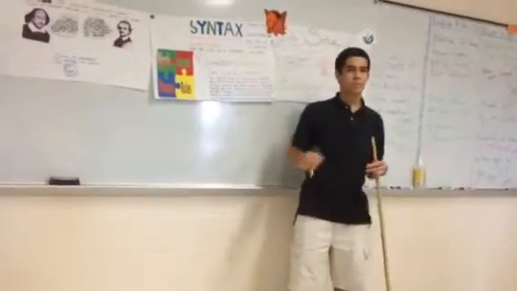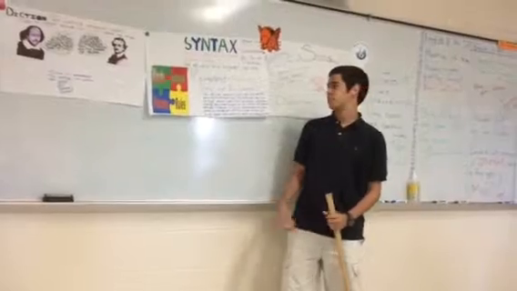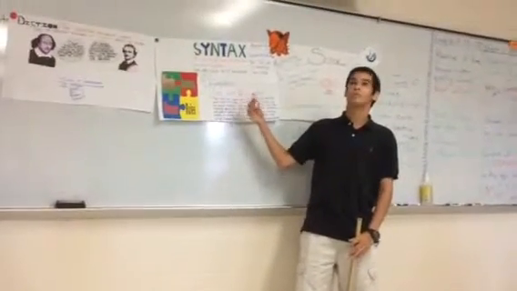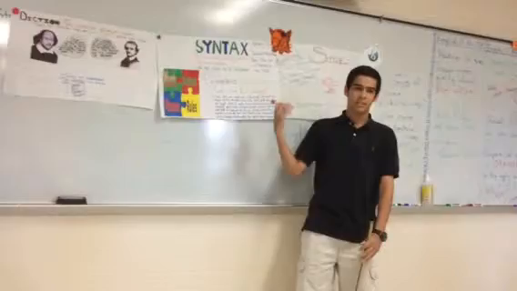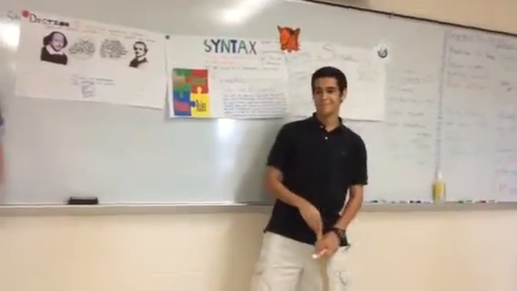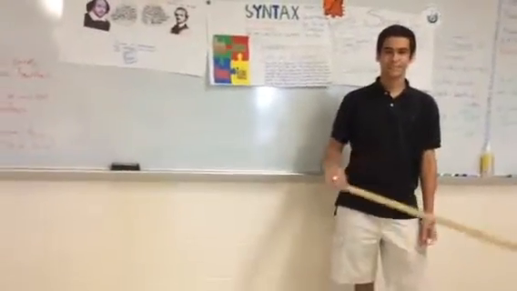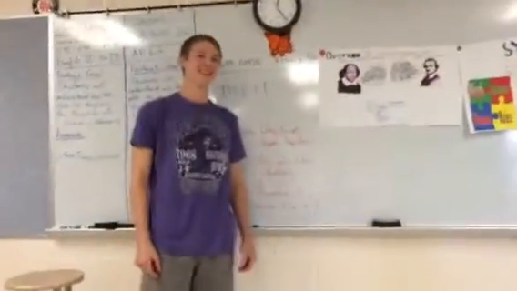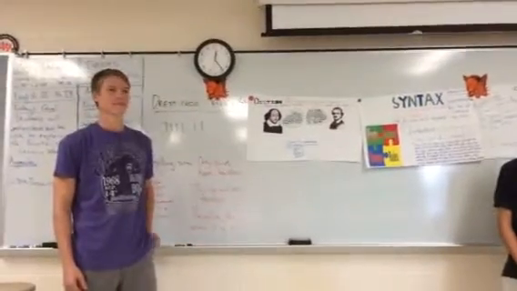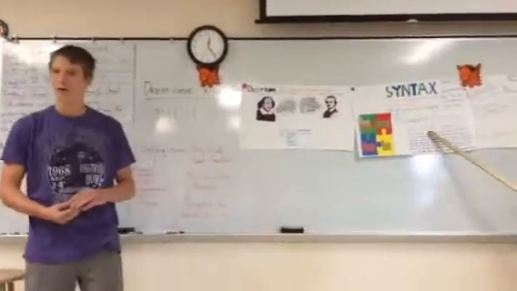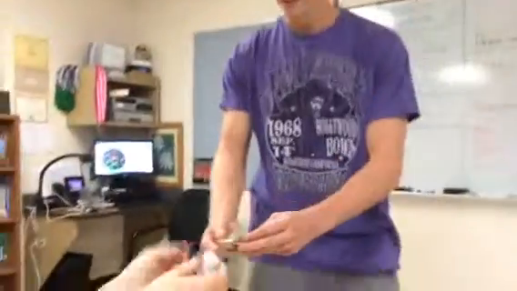Now, can anyone tell me what the purpose of changing this is? Because a normally structured sentence would be, I cannot go out. Olivia? Is it to put emphasis on the fact that he can't go out, because it'll catch a reader's eye? Yeah, it's to emphasize that he can't do the action of actually going out.